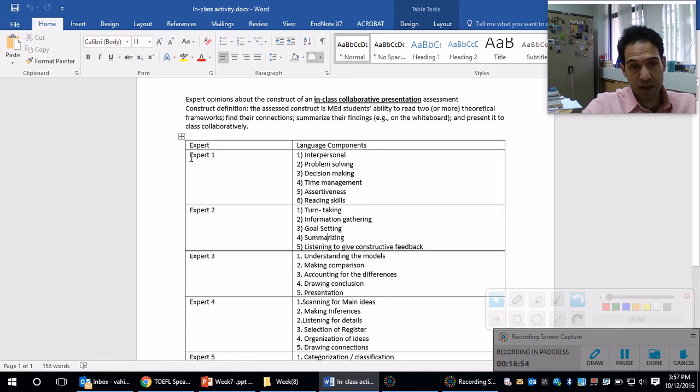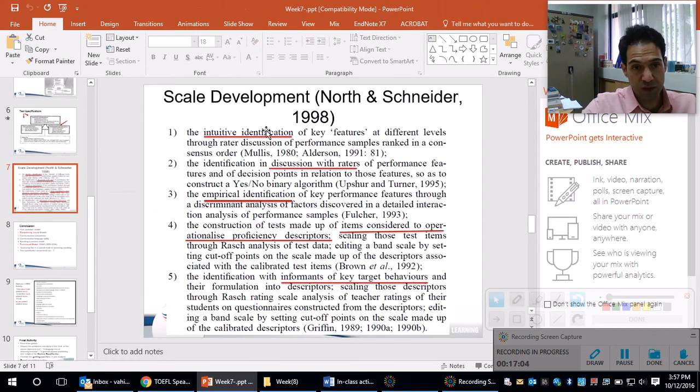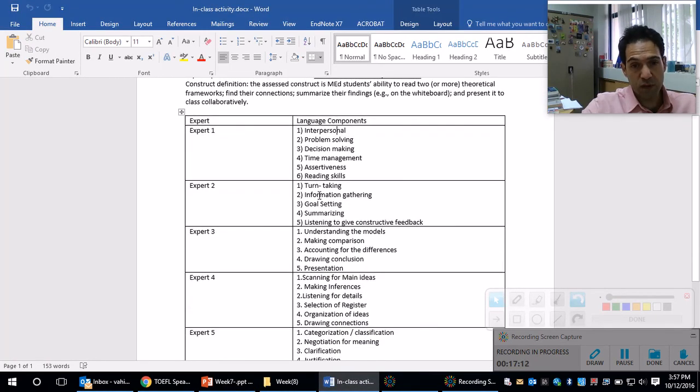I'm going to take your ideas about what you did as expert judgment. So this way of developing construct is going to be pretty much like number one, intuitive identification of key features at different levels. That's what we have done. We can do further analysis on this to see how psychometrically viable and reliable these components are, all of them,